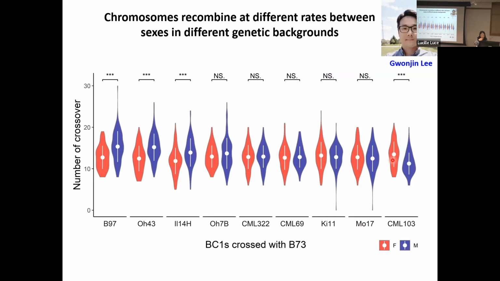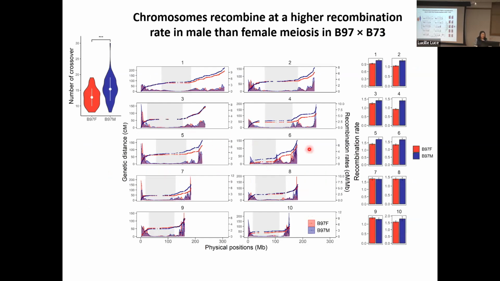This data is pretty interesting to us. We thought probably some lines are different, some lines are not different, but overall, out of these 9, we identified 3 that have a higher male meiosis. If you check their recombination rates or genetic distance, you can see it varies. Although B97 has higher male recombination, it also varies in different chromosomes. You can see chromosome 7, chromosome 8, chromosome 9 have very little difference, but other chromosomes have very big differences. And you can also notice that in the distal end,